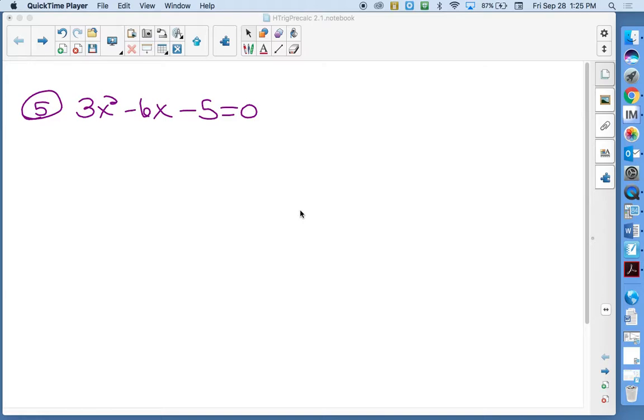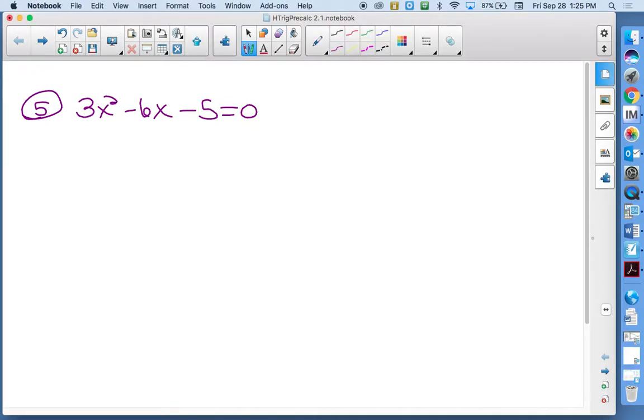Take the 5 to the other side. And in the same step, to save yourself some extra writing, what else could you do in that same step, Chelsea? You take out the 3. Right, you can take out a 3. Why do it in 2 separate steps when it can be done at the same time? So take the number to the other side, pull the coefficient out